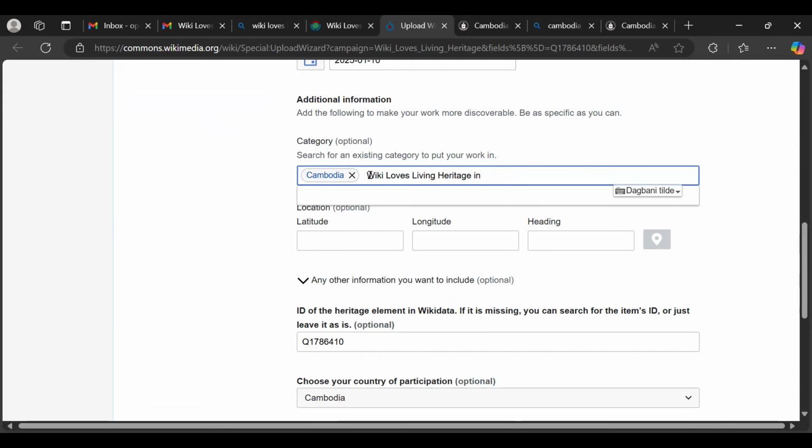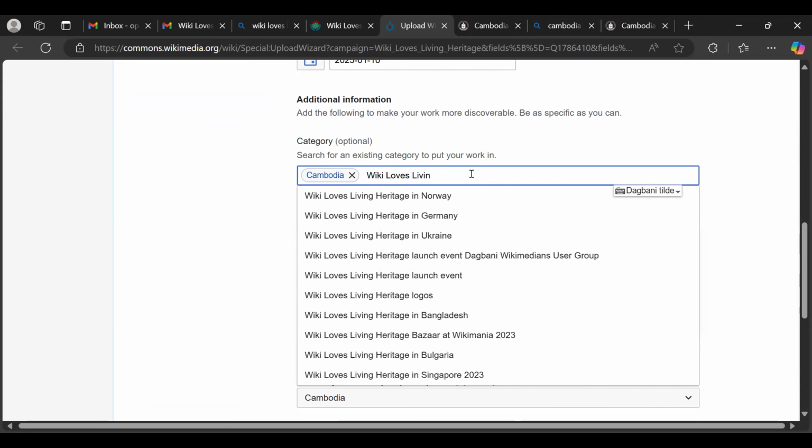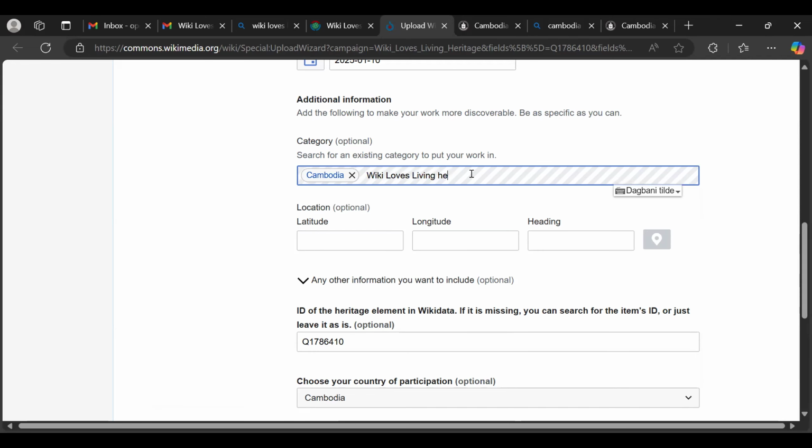Okay, they don't have a category for that, but you can keep the main root category. So these are the 2 categories you want to add: Wikilabs Living Heritage and then Cambodia as a country. Network is slow. Okay, there's no category like this. But I think Cambodia as a category alone is enough. We don't have a living heritage competition in Cambodia yet.